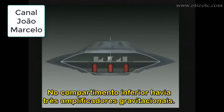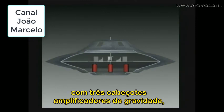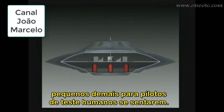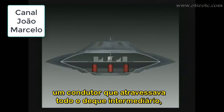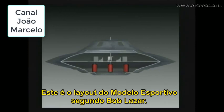On the bottom section of the vehicle, there were 3 gravity amplifiers. Right above that, we have the mid-deck, which contained 3 gravity amplifier heads, 3 seats that all sat in the same direction, which were too small for human test pilots to fit into. Then we've got a gravity amplifier system here. We've got an antimatter reactor and a waveguide that goes all the way up through the mid-deck and what we believe to be the avionics or navigation department right here, and these are not windows. So that's the layout of the sport model